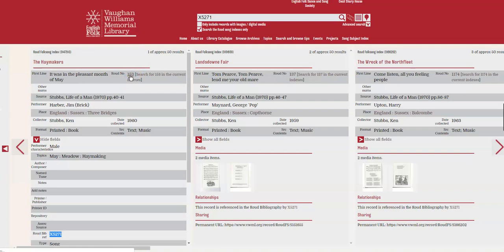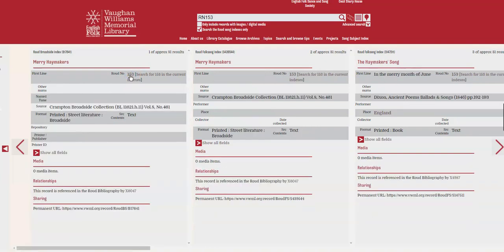So 153 gives me 81 results. Don't forget, as I said, some things can be duplicated. For instance, these first two records are to the same broadside. But the important thing here is that you've got all the versions that I've indexed for this particular song under whatever title, from whatever place. Now, if I go to the map,